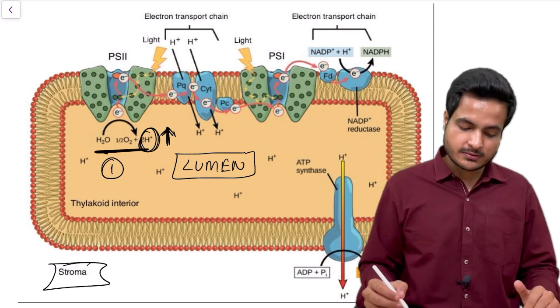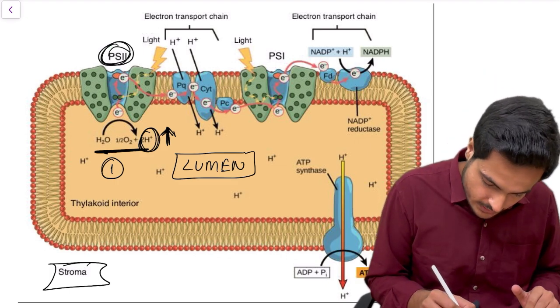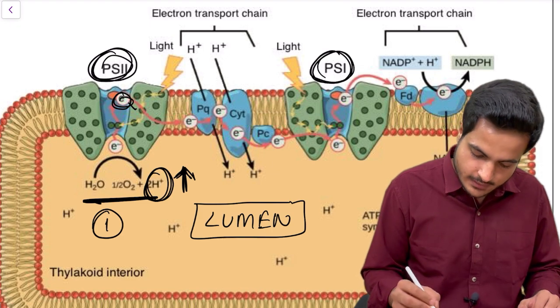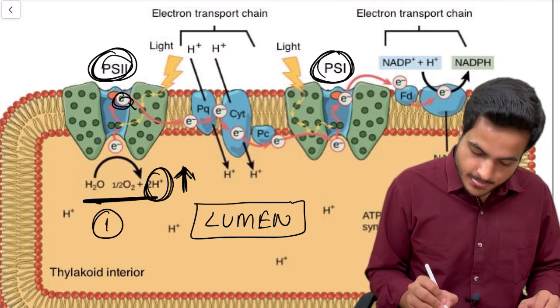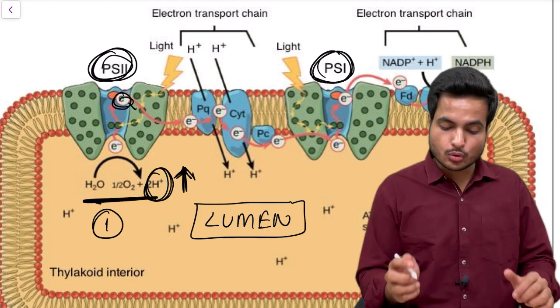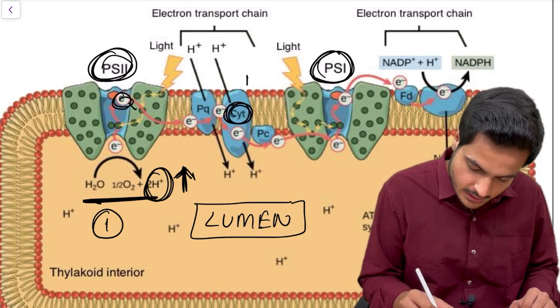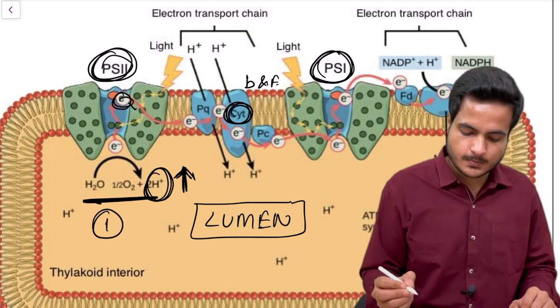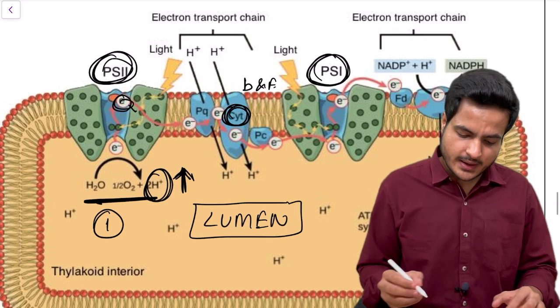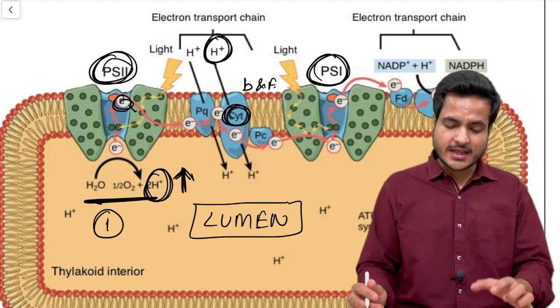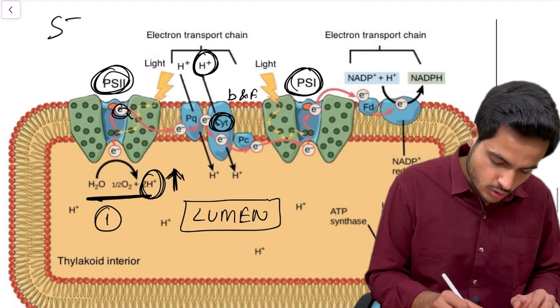The second thing is when photosystem 2 excites its electron and wants to send it to photosystem 1, there occurs the transfer of electron through the electron transport system, which is made up of cytochromes, particularly B and F. And these require H plus ions for transferring electron. Therefore, H plus ions are taken from the stroma